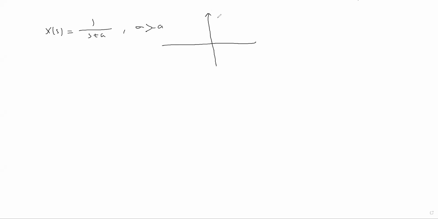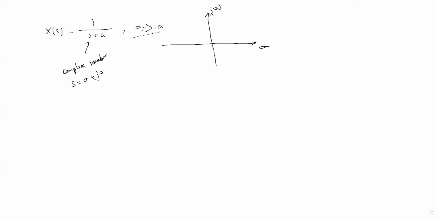The s plane is represented with the x axis as the real part of s and the y axis, j omega, as the imaginary part of s. What is s? s is nothing but a complex number, where s equal to sigma plus j omega. So how can we plot the ROC on this s plane? We should know this condition, then only we can plot the ROC.